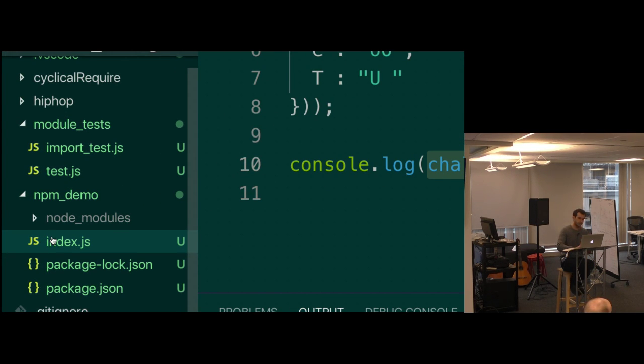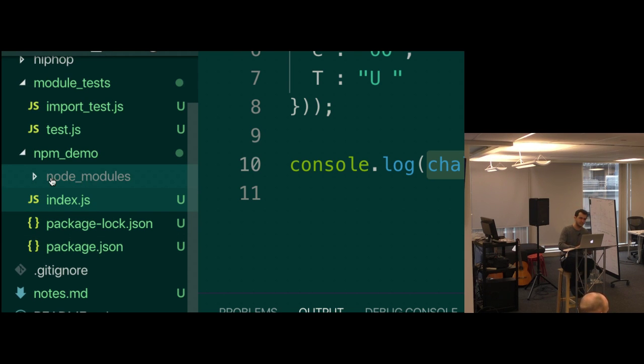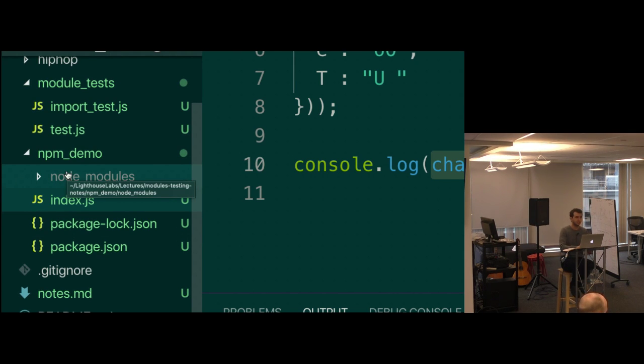So for Victoria, the comment here was about the node_modules folder. That directory is created when you run npm install, if it's not already there. So if you run npm install something, or just npm install on its own, and there is no node_modules folder, it will get created automatically.